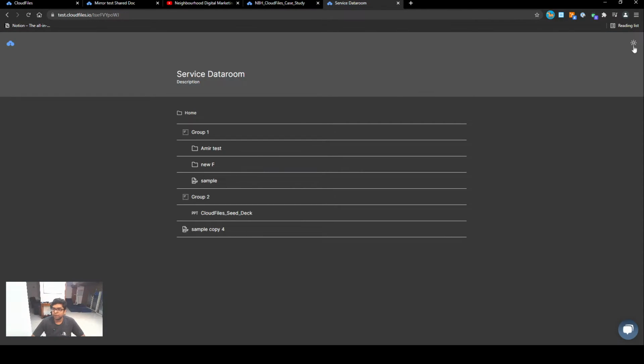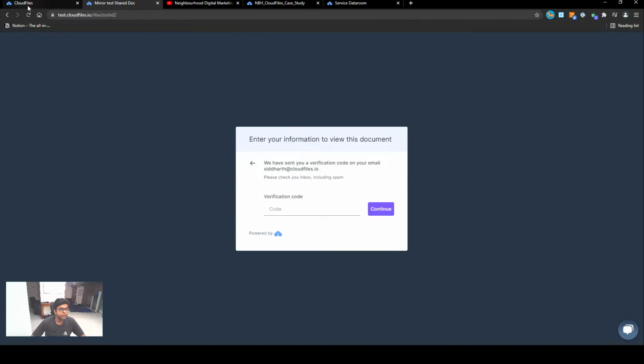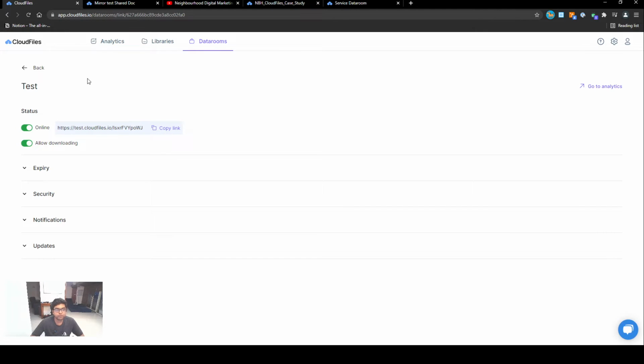So you see, these are all of my folders and files that I have uploaded. I can go into any one of them and see the content of these. And as I said, this is going to be two-way synced with whichever library you have uploaded these from. And yeah, that's pretty much it. That's how you get files from different libraries, consolidate them as a data room, and share it as a single link